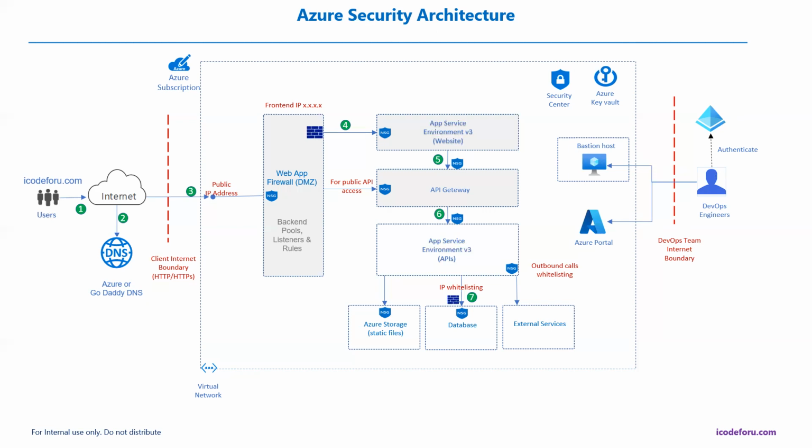So I'm recommending here the Bastion host for the jump server, which is going to be in a separate subnet with a network security group, and we need to whitelist the IP addresses of those who are going to access. So this is a secure way to access the VM as a jump server. I will be discussing this in more detail later. But the internal users who want to access the Azure infrastructure will have access through either the portal or the jump server.